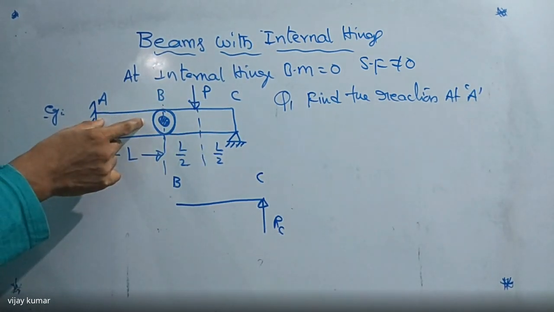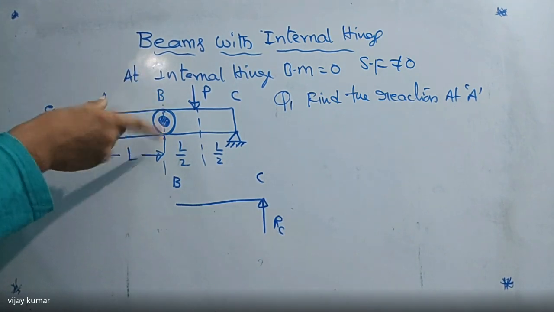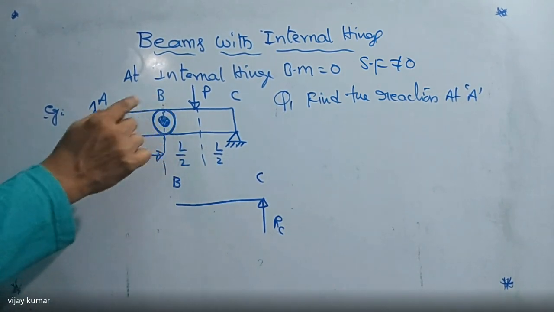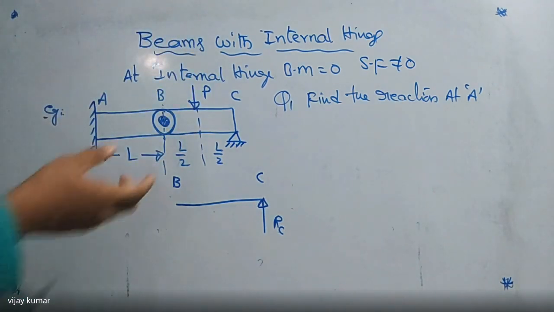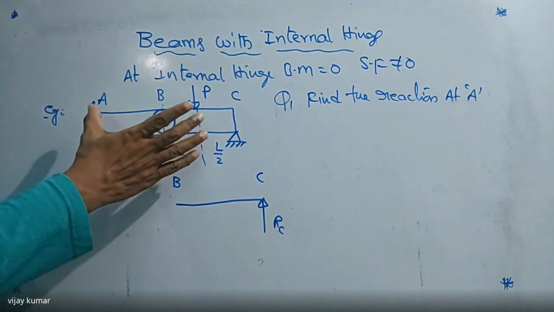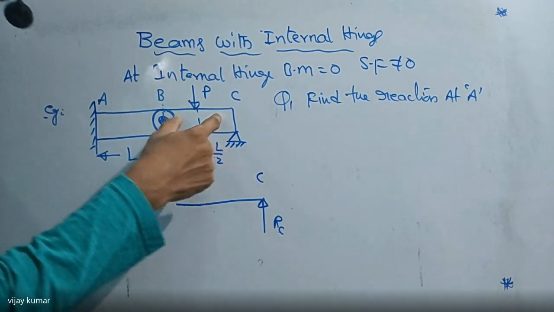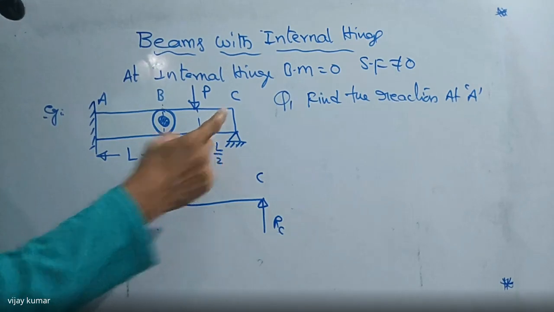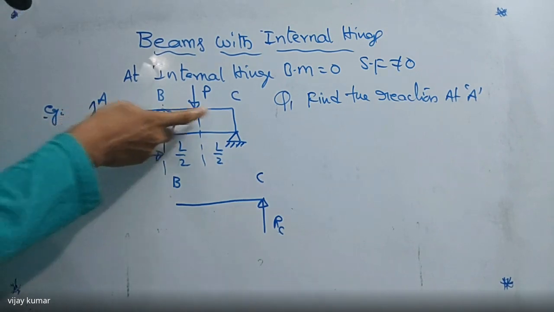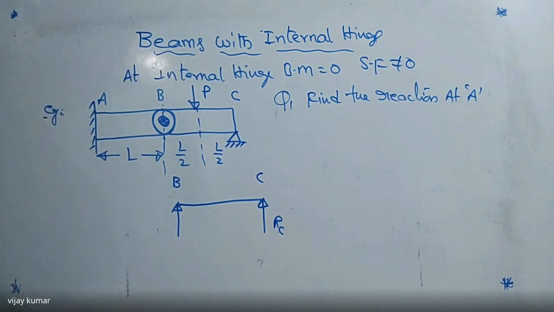At the same time, this bar always applies some force in which direction? Upward direction. Why? Because according to Newton's law, there must be equal and opposite forces. Then these two bars are said to be under equilibrium condition. Otherwise, the bars are not under equilibrium. Did you get my point or not? Due to this applied force, the bar will rotate in downward, anti-clockwise direction, but this bar will apply some force in upward direction to keep bar BC in equilibrium.